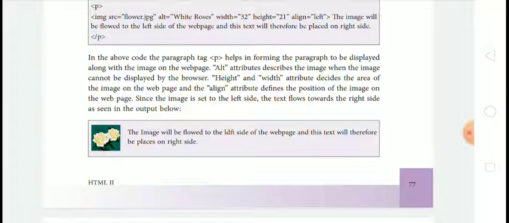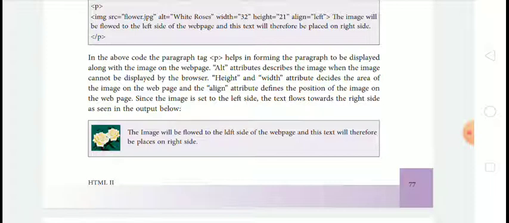Alt attribute describes the image when the image cannot be displayed by the browser. Height and width attributes decide the area of the image on the web page, and the align attribute defines the position of the image on the web page.